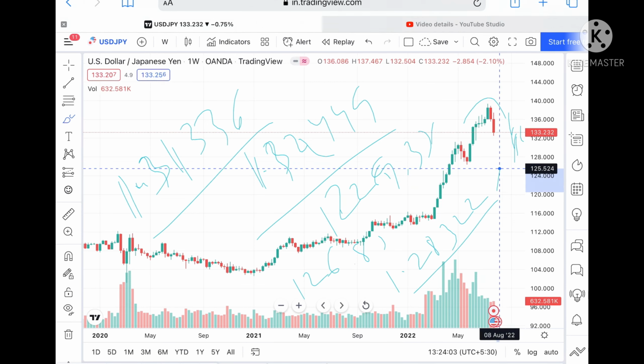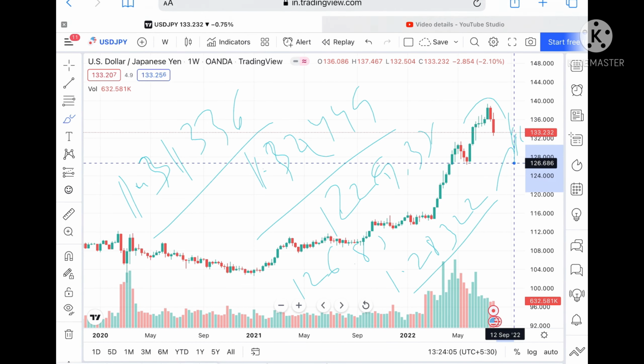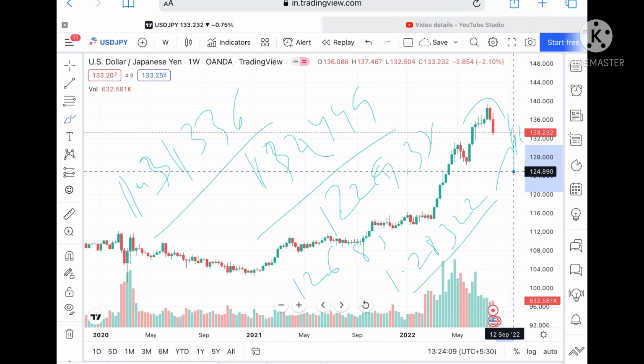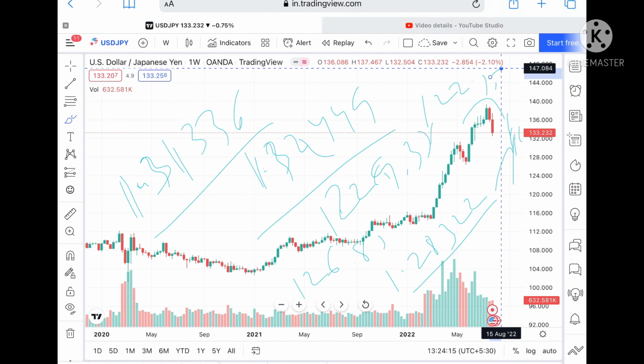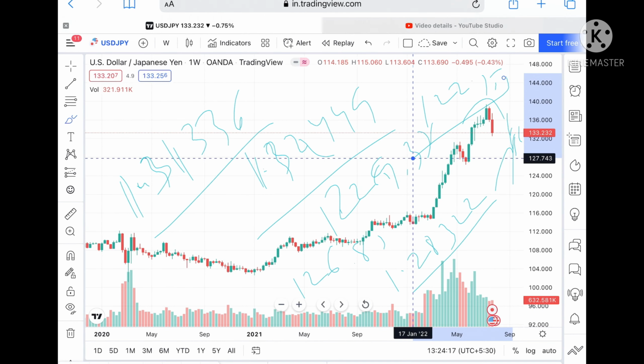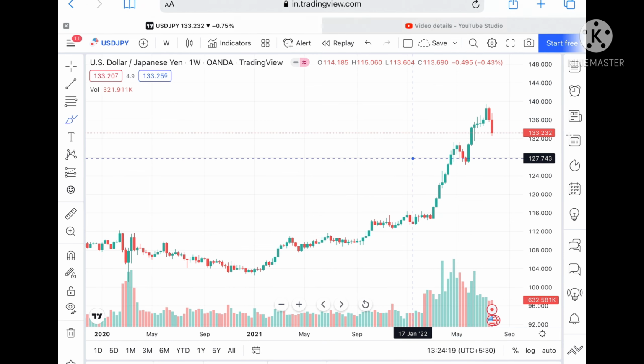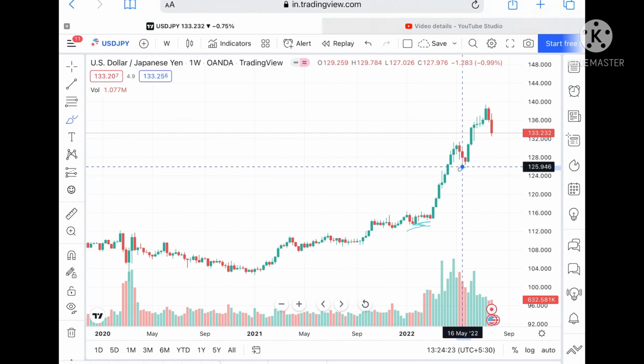Okay, in the same way, we can see it can go further low and can touch a level of 120. After touching 126, we can see a level of 124.890 and further low towards a level of 122.353. Okay, now suppose if this particular level sustains, because a probability is there whenever it goes low, if a swing forms,